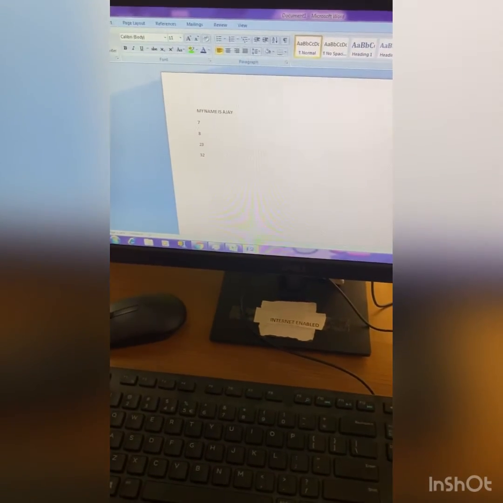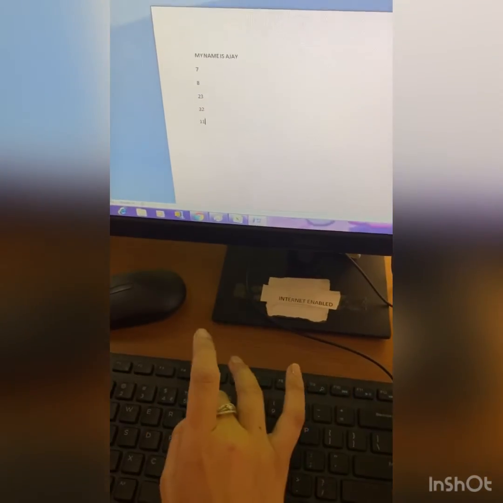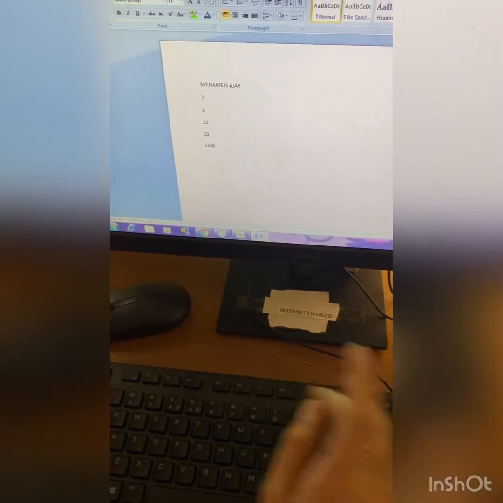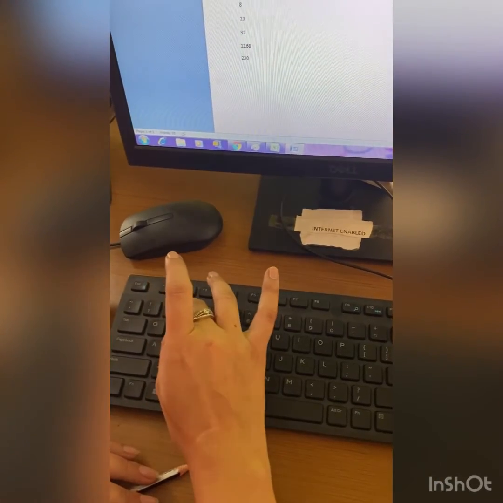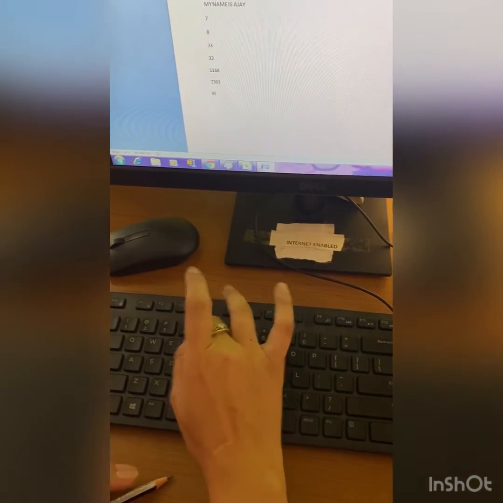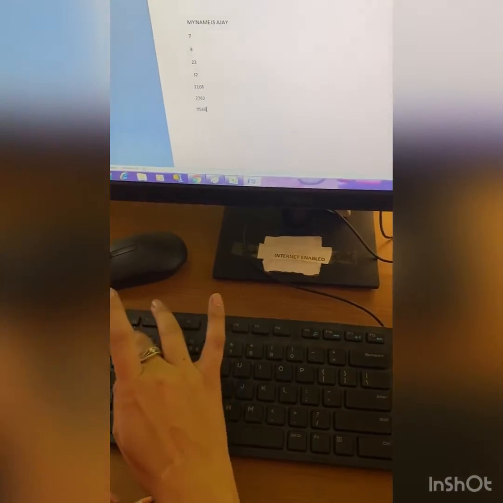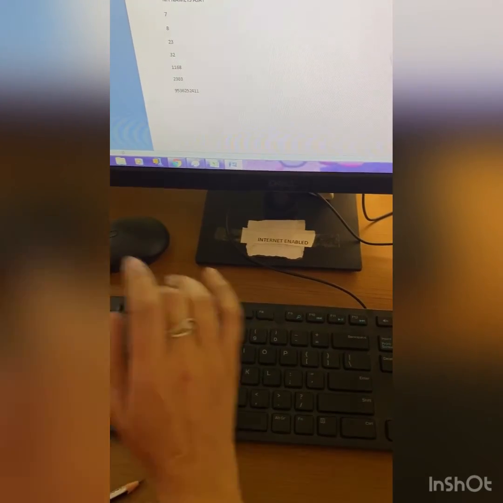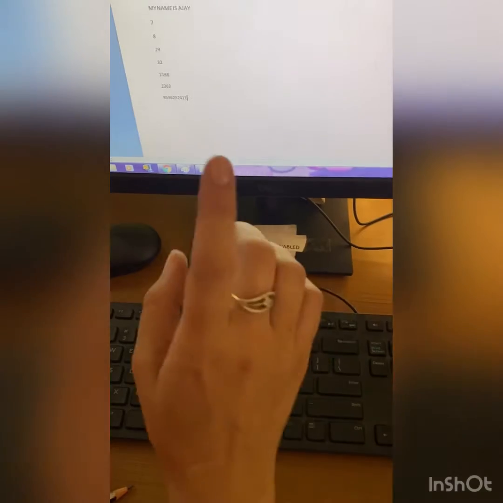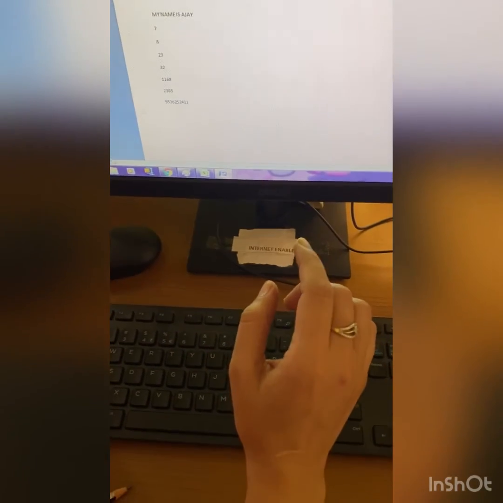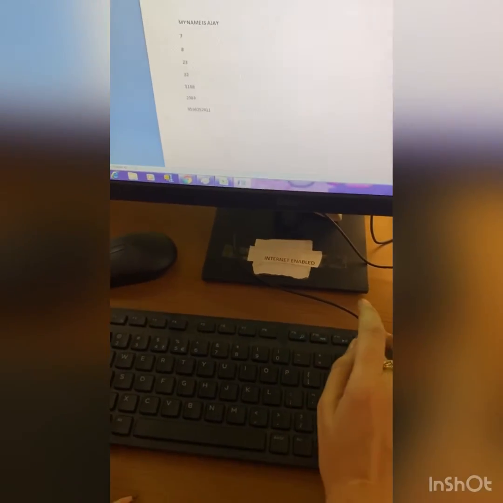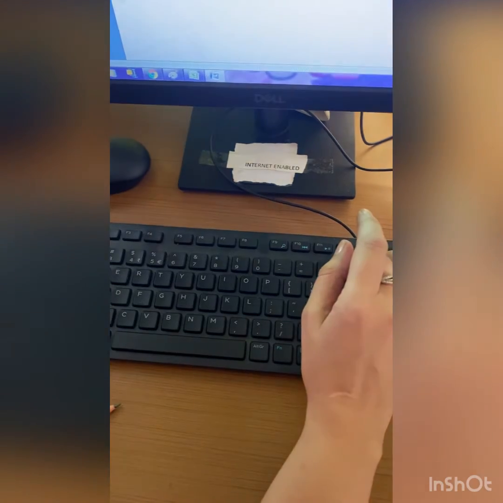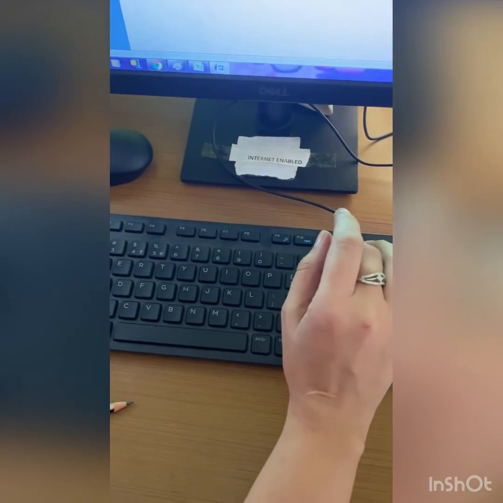Now you can type your house number, 1168 or 2303, or you can type your phone number, 9536252411. This is my phone number. So these are number keys. Next is special keys.